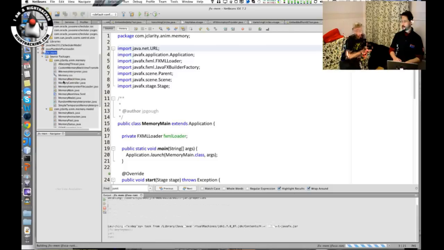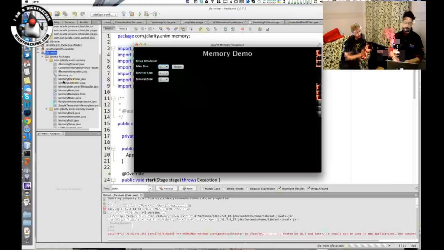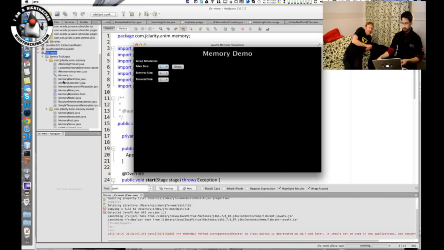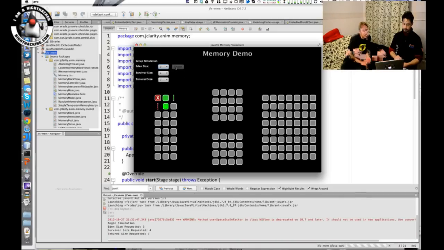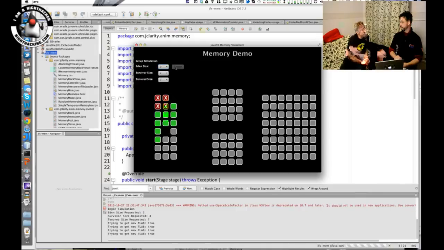Okay. Yeah, all those issues, they're all gone now. And we have memory. What am I looking at here, man? Okay, so basically, this thing is going to demo how a Java application uses memory, and as we'll see, there are certain things about it which are slightly unrealistic. But you see, the blocks are basically like chunks of Java memory,